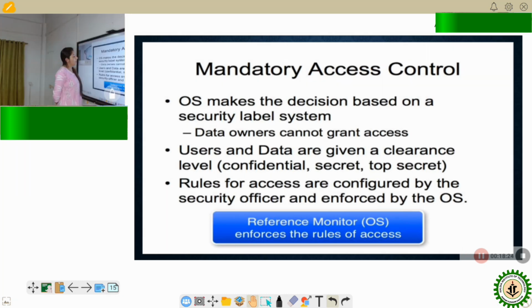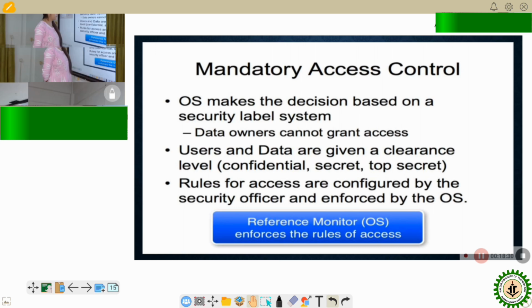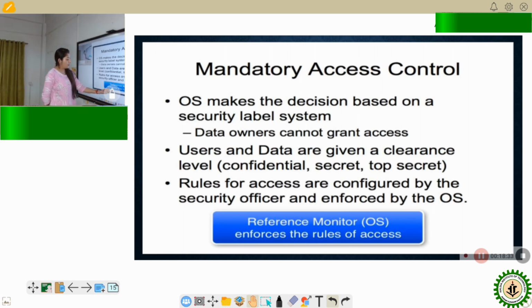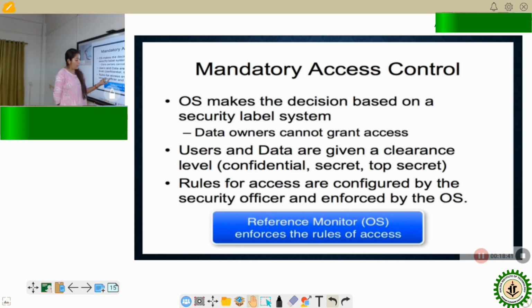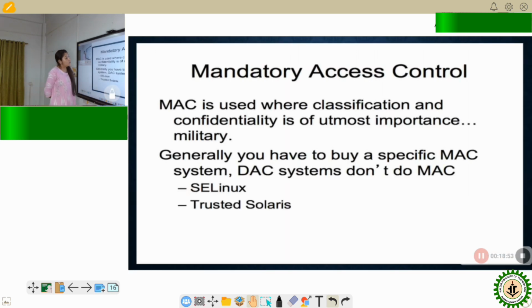Like I said, the operating system makes the decision based on a security label system. And here again, the operating system acts as the reference monitor, and it enforces the rules of access on the members of the organization. If the security of your data is of utmost importance, then that is where you would find applications of the mandatory access control model.